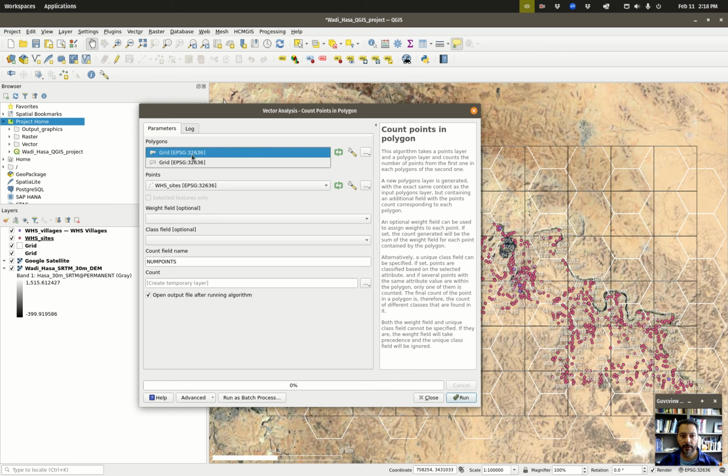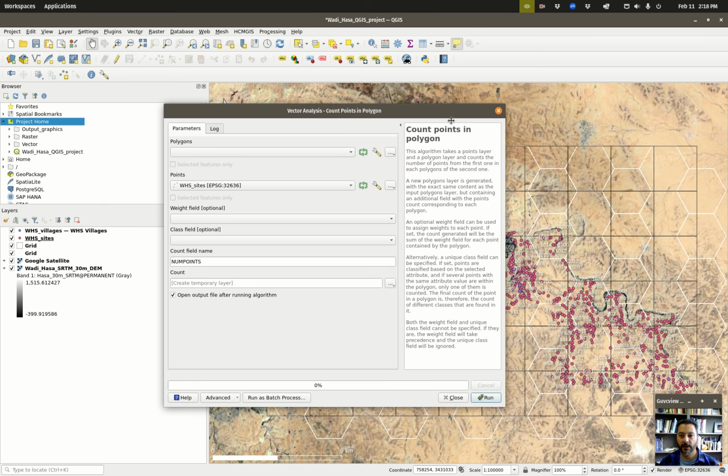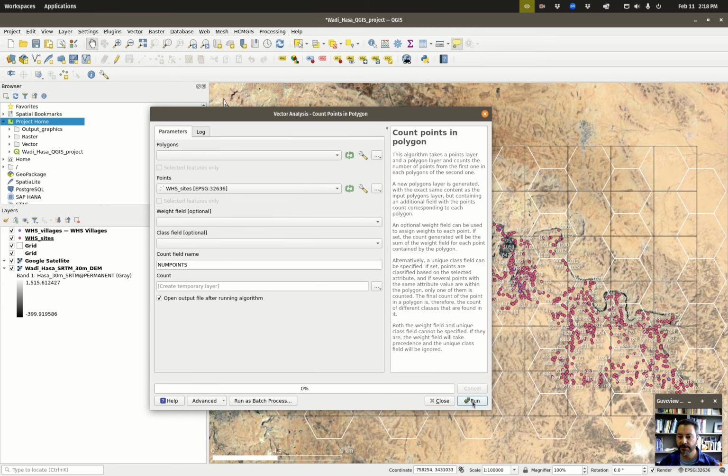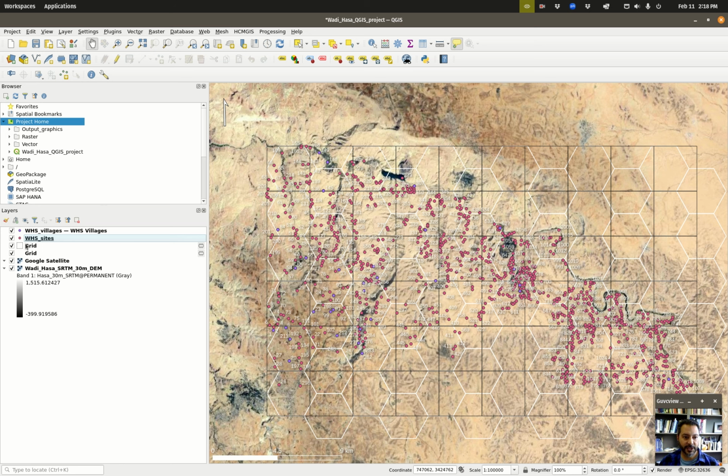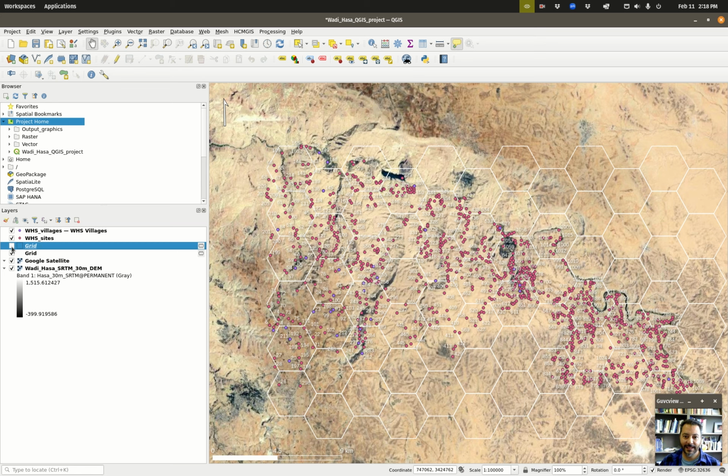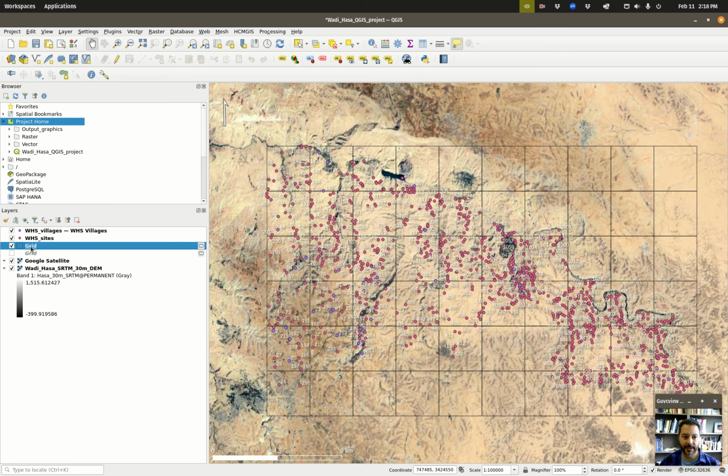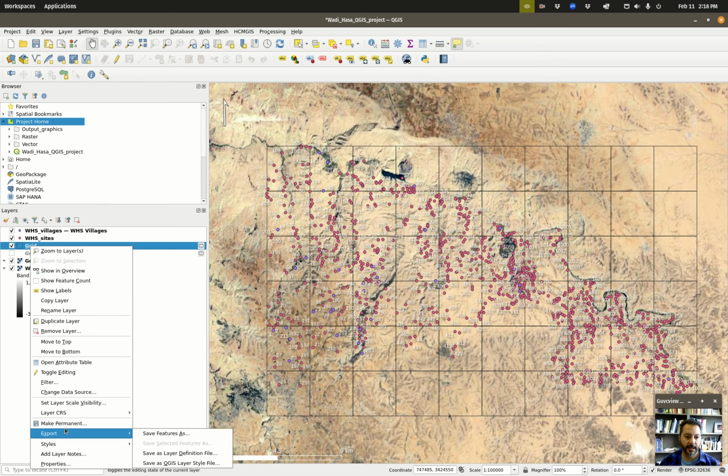So here's actually an interesting thing. Because we haven't changed the name of these, we haven't saved these. That's the point that I wanted to do first. So let's save the rectangular grid. Right click, make permanent or export,